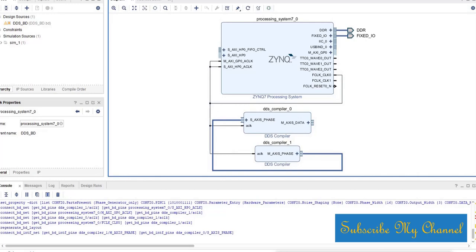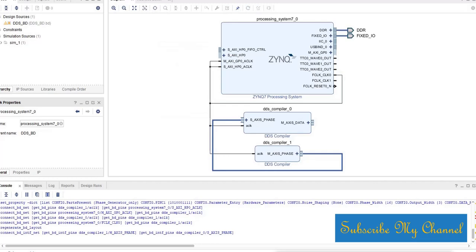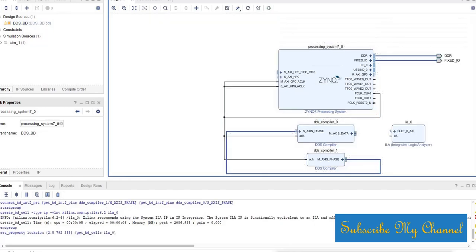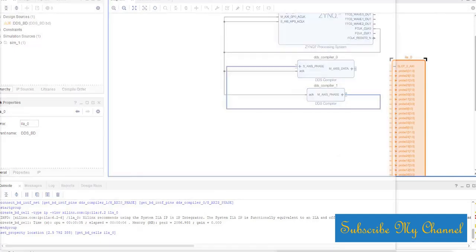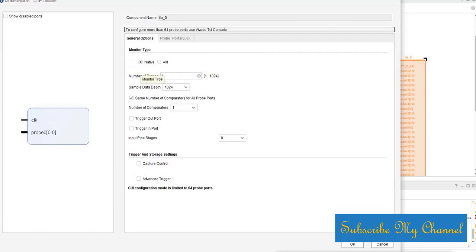Now to see the signal, we'll add the integrated logic analyzer, which is the ILA. We'll connect it here. First of all, we'll configure it. We'll select native.